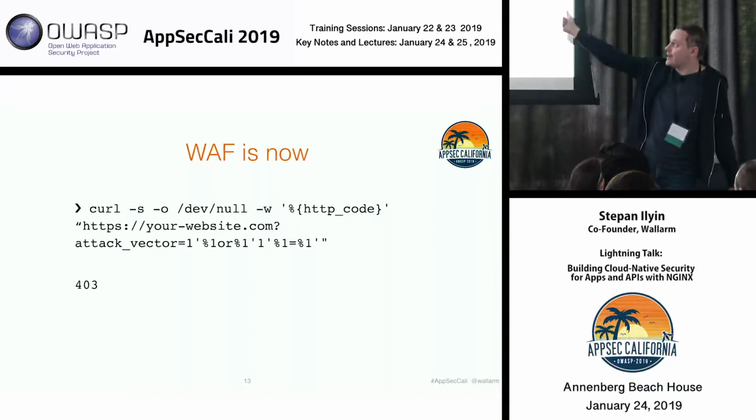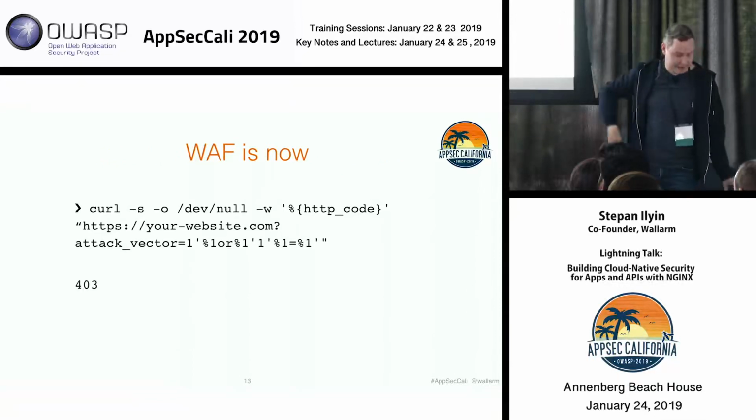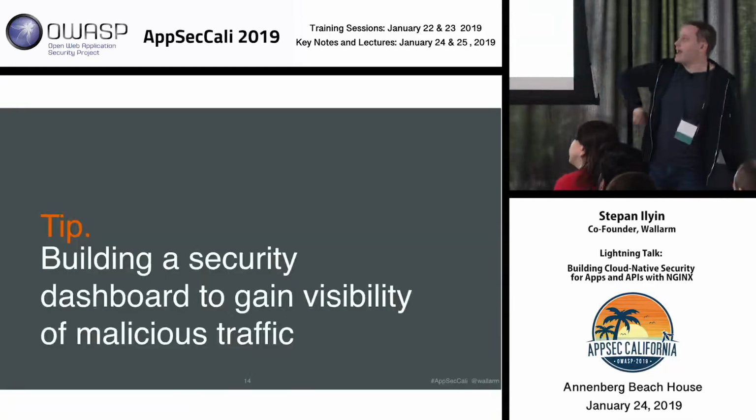You can send a curl command with some malicious payload, a SQL injection here, and you get 403. It means that the request was blocked. So it's very easy. So what we do next is